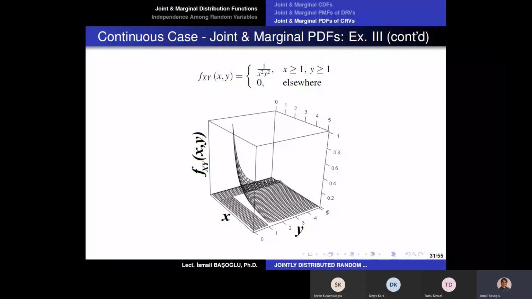The total volume under this function is equal to 1. So this is just made for illustration purposes, so you can understand the behavior of the joint probability density function